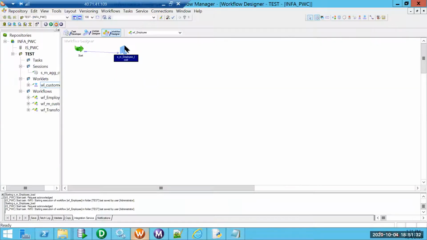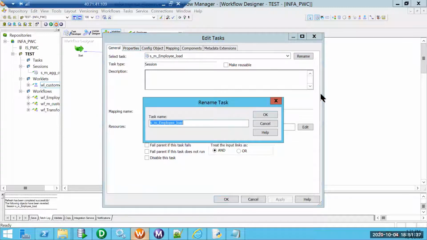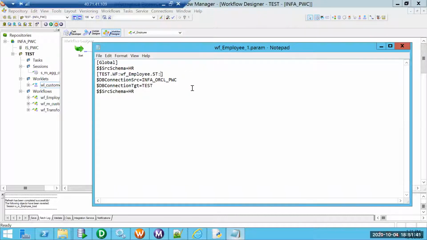Let's suppose some connections may be specific to only that session. In that case, we can define it like this. So we can have some information at a workflow level and some information at a session level.